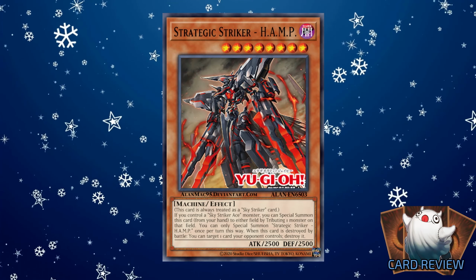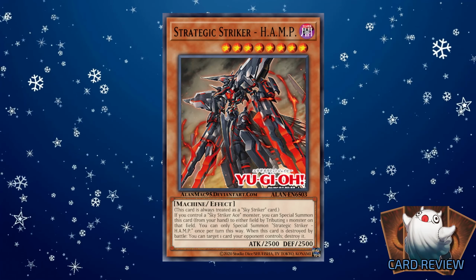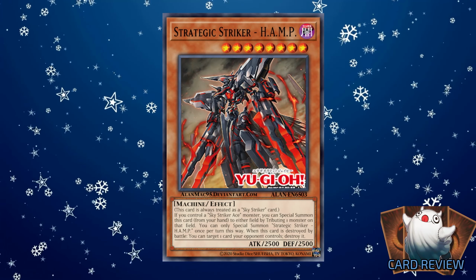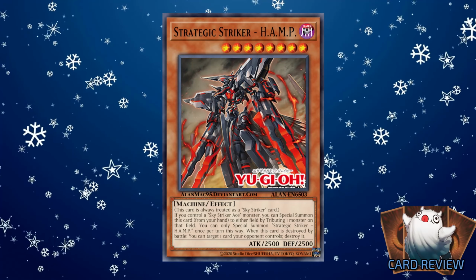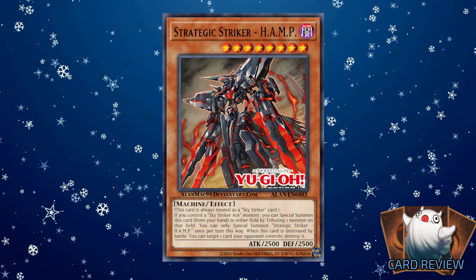So it is a Kaiju for Strikers, which we've talked about a little bit in the past. It does not require an effect to do that tribute, so that's all a summoning condition, which means it's a lot harder for the opponent to respond to it. And you can get this off of Engage, you can get this off of Area 0, you can get this a million different ways, so this is going to go a long way to really helping Striker take a step